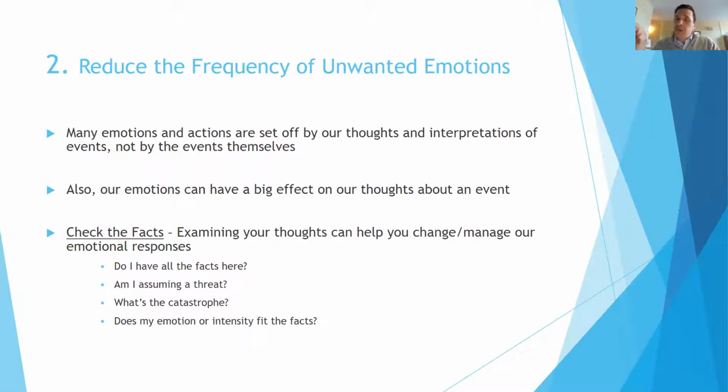So if you check the facts, that's the skill we would call, which is to challenge your interpretation or observe your interpretation. So that person didn't say hi to me. I'm thinking that they're mad at me, right? Or I'm worried I did something wrong. That's what I'm interpreting, okay? And that a lot of times is something that we can manage even before we have to feel upset, okay?